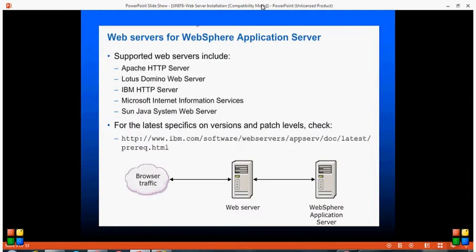Web servers for web application server. IBM has developed IBM HTTP server. It's more advantageous to use IHS with the WebSphere application server because they are both from the same company. The supported web servers for web application server other than IBM HTTP server include Apache HTTP server, Lotus Domino web server, Sun Java Systems web server, Microsoft IIS (Internet Information Services), and